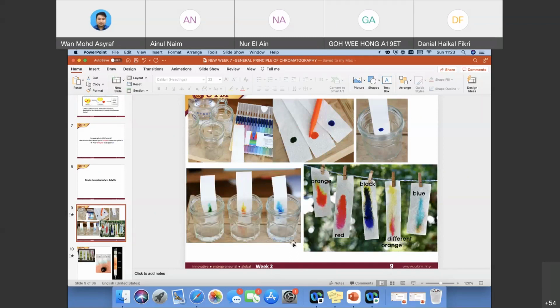Maybe later on you can try to see what the pigments are inside your ink. For example, for this yellow ink or this orange ink, maybe there is a yellow pigment inside it as well. Okay, so